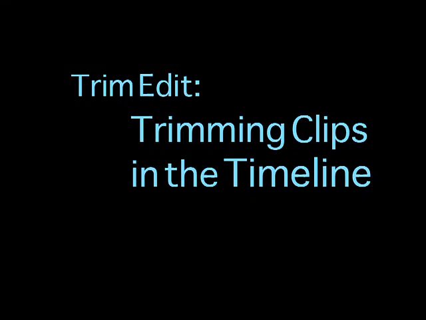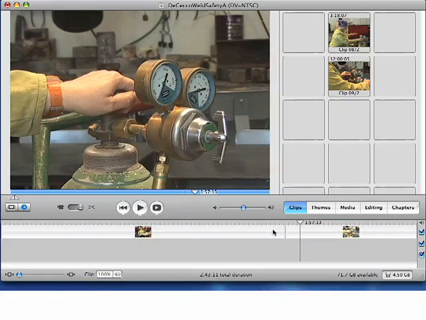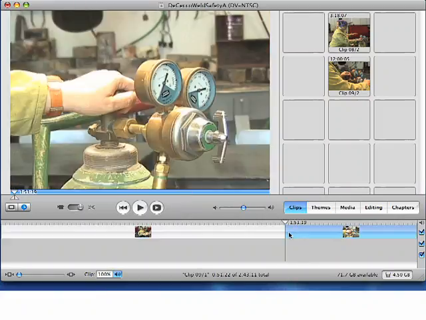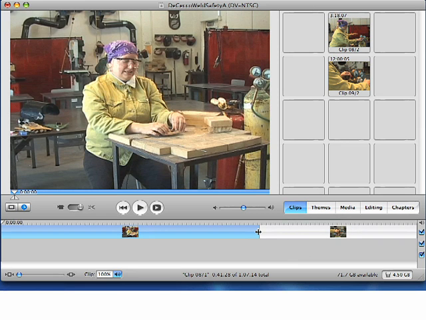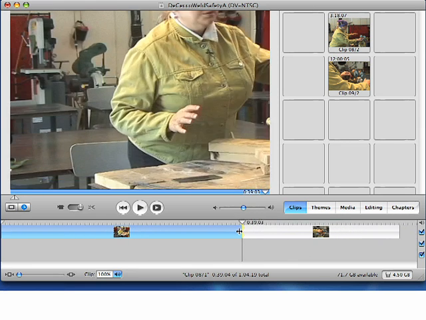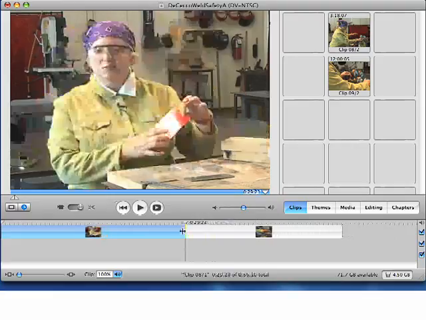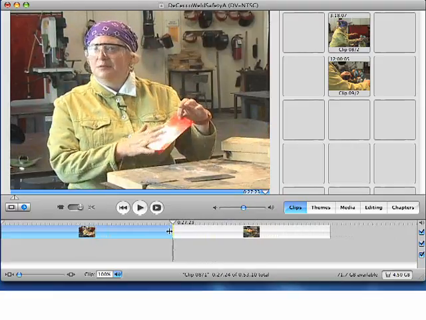So the other method you're going to use to trim clips, which is very common, you're going to use this all the time, is doing it right in the timeline by using the trim tool, which you'll see here. Your mouse turns into the trim icon, the little arrows, right at the point that you mouse over a cut point. And when you do that, you can actually grab onto the selected part of the video, and by clicking and dragging,